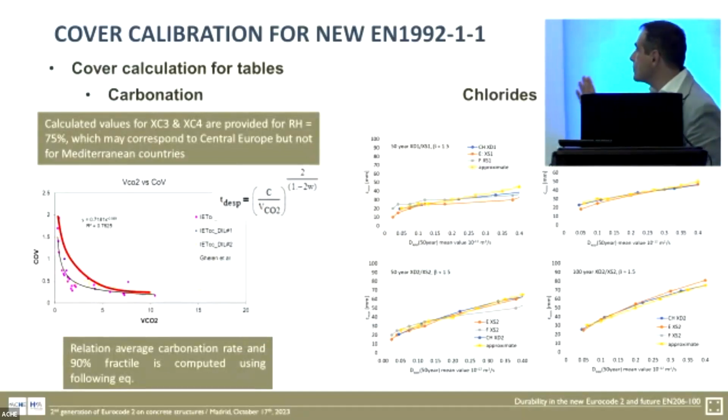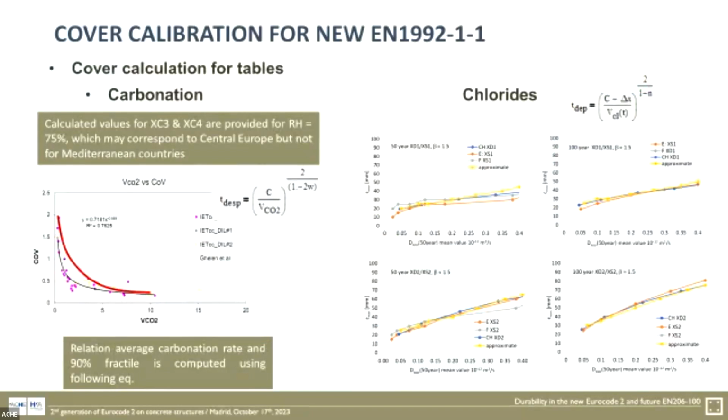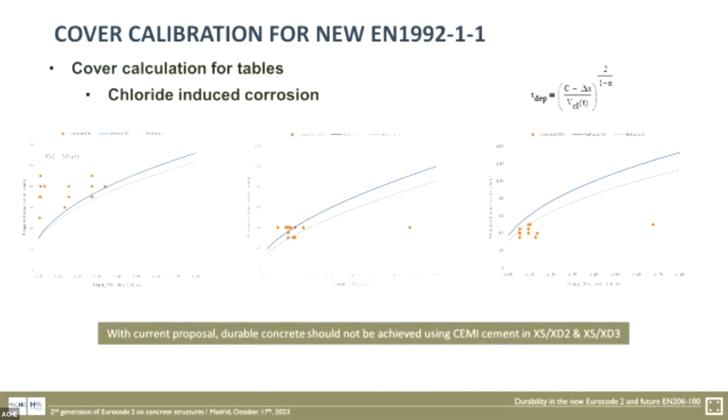They were calibrated. One of the most interesting figures is the figure on the right. The figure on the right is a comparison of the four models used in the calibration procedure. There is one model from Switzerland, one model from Spain, one model from France, and one model from Denmark. You may see that all models are more or less fitting together. So unless there is continuing discussion, the proposed model, which is mostly the model you have in the paper, is fitting the final values. And the last figures I show you,